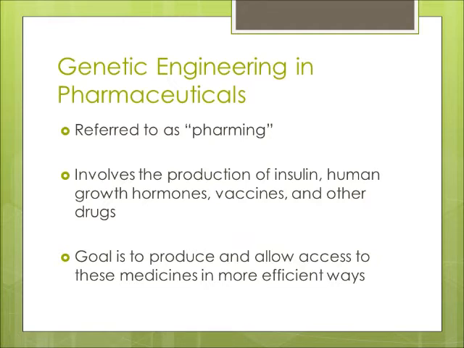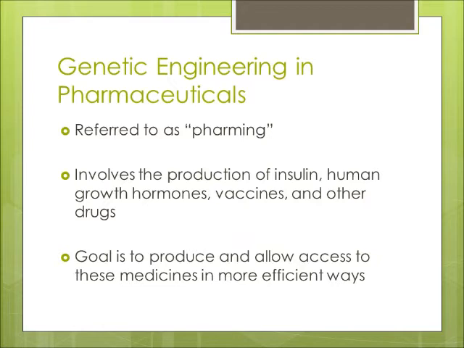Insulin is extremely essential in the treatment of diabetes, a chronic disease in which there are high levels of sugar in the blood. Previously, insulin extracted from pigs was used, which have dissimilar amino acid sequences as compared to humans, so it was common for humans to experience immune responses.